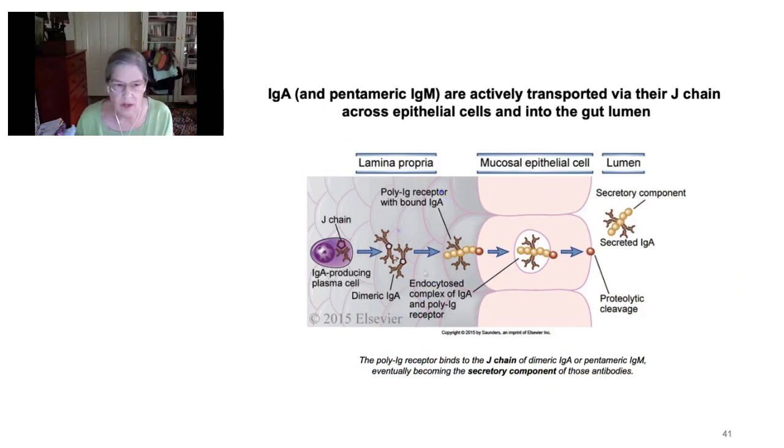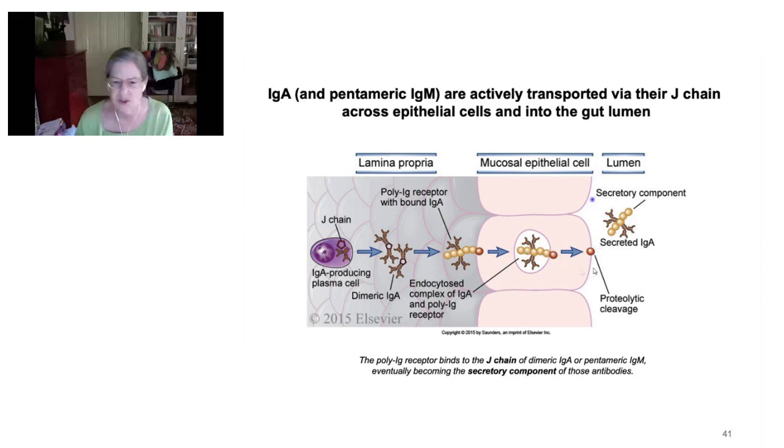And how's that done? Well, in the crypts, you will get an IgA or an IgM, if it's super innate, producing cells. And IgA, if it's dimeric, is held together by a thing called a J chain. That J chain allows it to get picked up by this thing called the poly-Ig receptor that's on the basal side of the mucosal epithelial cell at the base of the crypts. So it will then grab this thing. It's a receptor. It will grab this thing by the J chain,